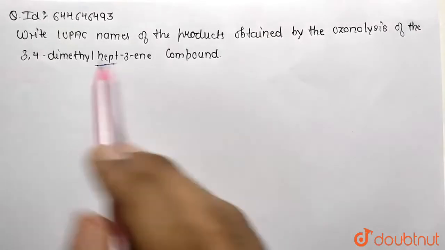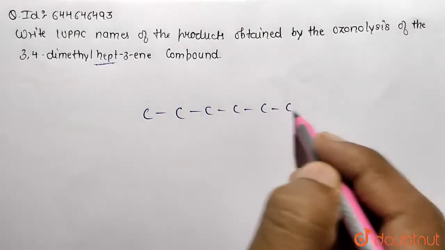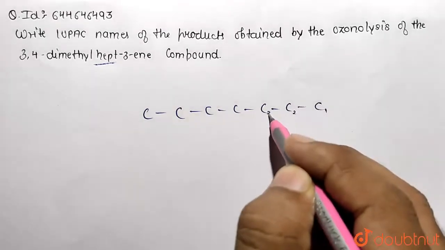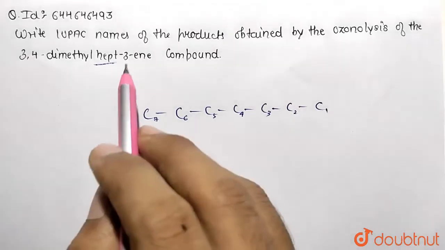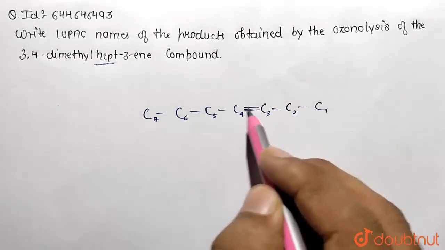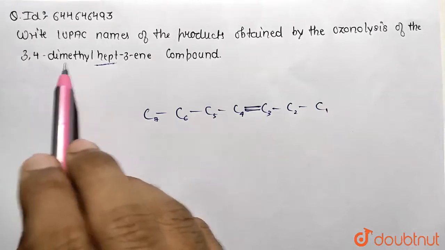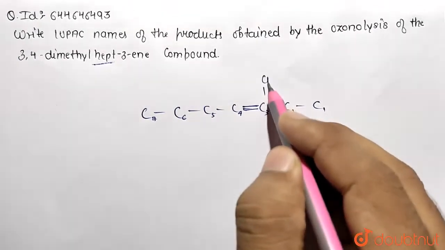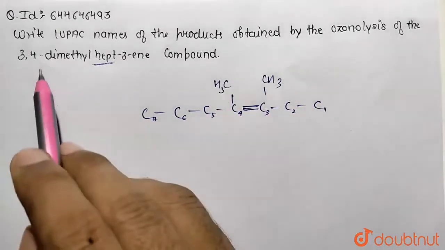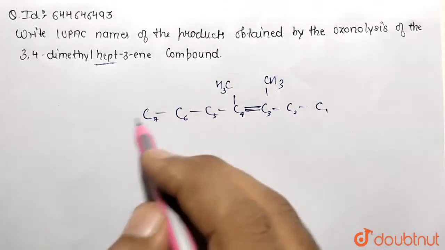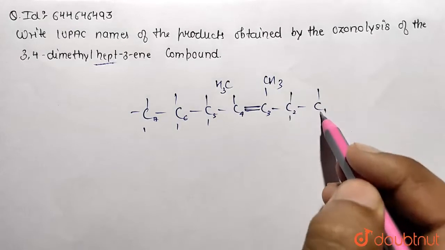It is basically heptane. So hept means 7 carbon: 1, 2, 3, 4, 5, 6, 7. So I am writing the numbers. This is the 7 carbon chain I have written. The third carbon is containing a double bond, so let's make the double bond over here. Then the third and fourth positions are carrying the methyl group. So the third position is carrying a methyl group over here and the fourth position is also carrying a methyl group over here. So this is the basic representation of the given formula. Now the other valencies will be satisfied by hydrogen, which you already know how to draw.